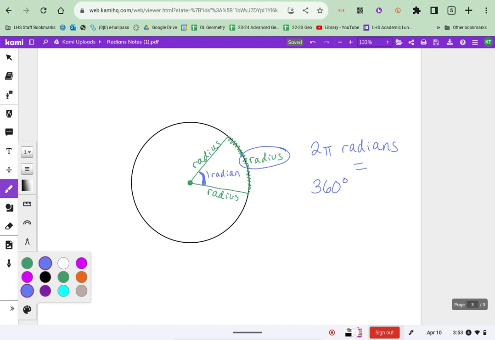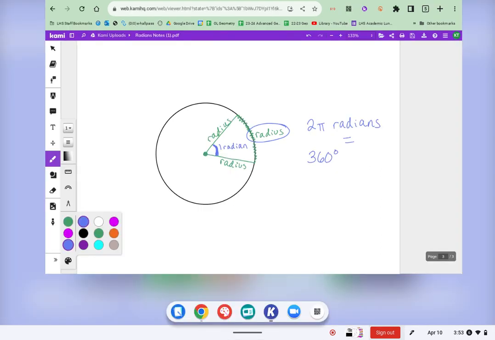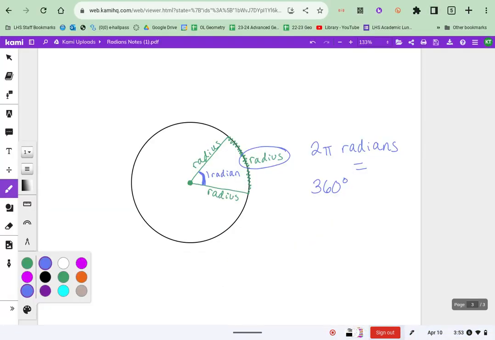And you might be interested to know that if you took the radius and you were measuring how many times your radius could fit around your circle, kind of like this, it would look kind of like this. So you would say, well, 1, 2, 3, 4, 5, 6, plus a little bit,